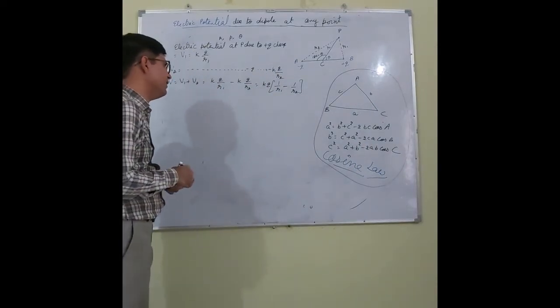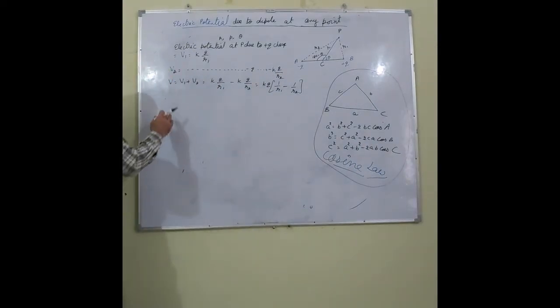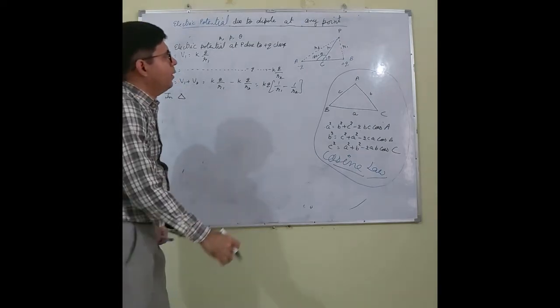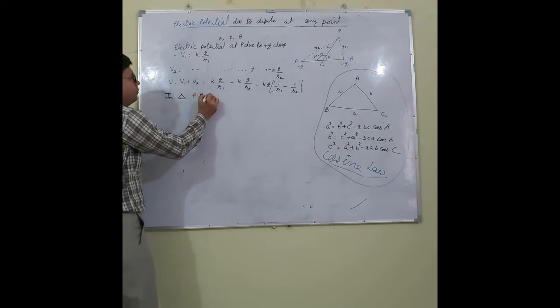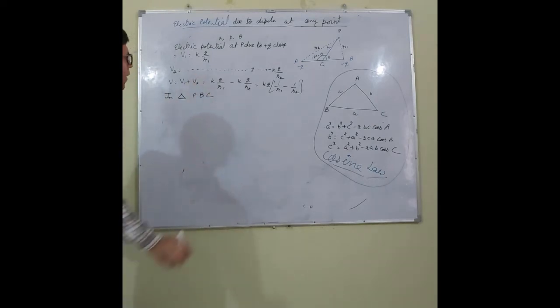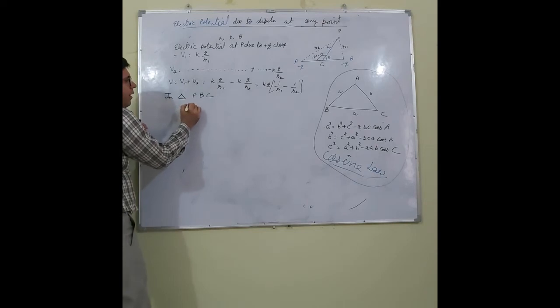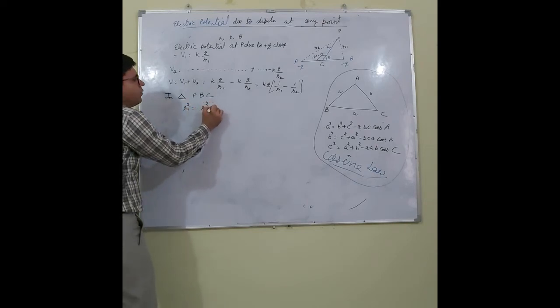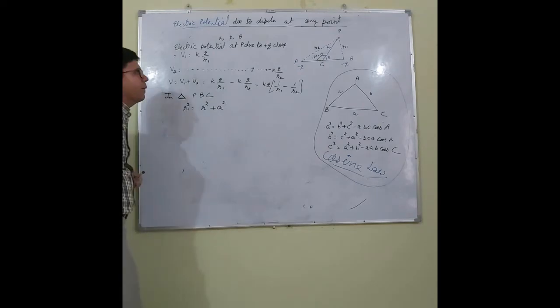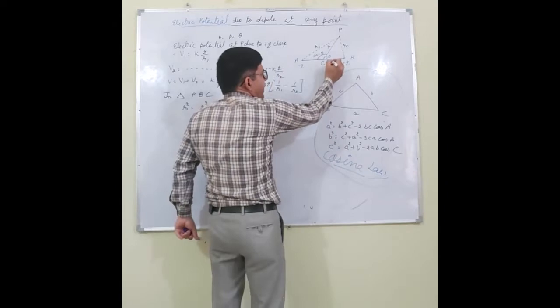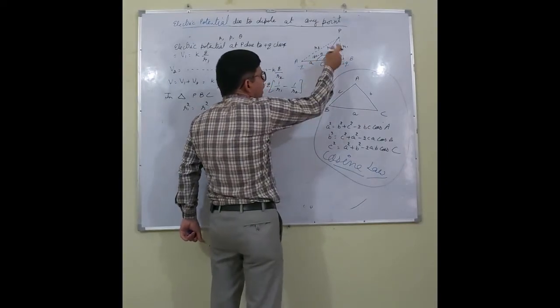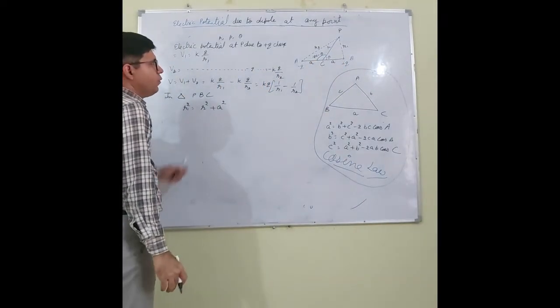How can I do this cosine law? My target is to calculate R1. Now, in triangle PBC, I have to calculate R1. R1 square equals R square plus A square, the squares of two sides. Let us say this side is also A, this is also A. R1 square equals R square plus A square